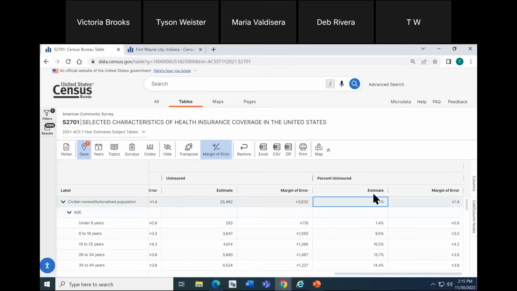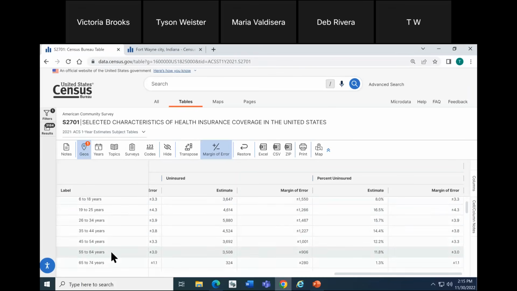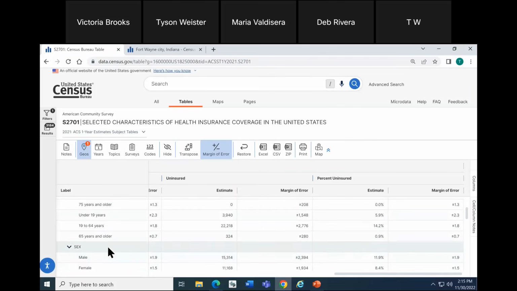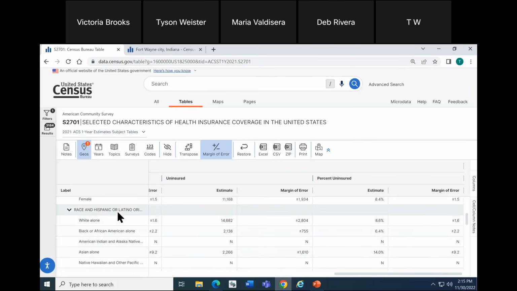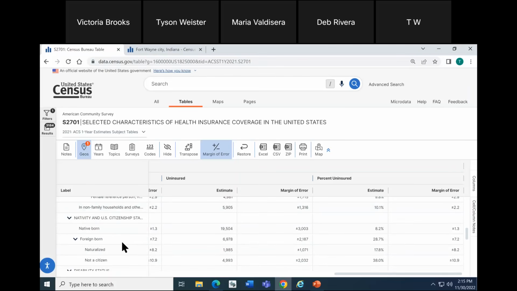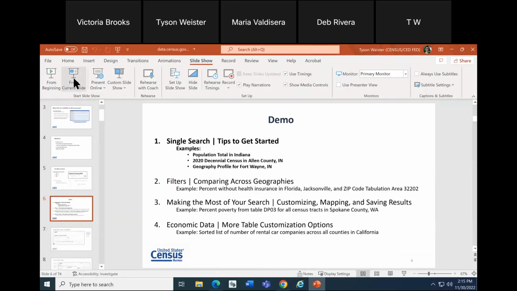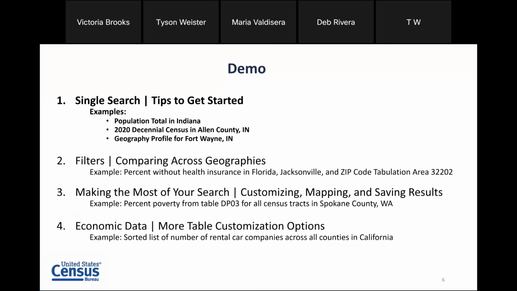However, notice how much more detail this table offers. If you look to the left-hand side, let's say you want to study the uninsured population in the city a little bit more. Maybe you want to know what this looks like broken out by different demographics, such as different age ranges, male versus female, uninsured population by race and Hispanic origin, all kinds of great information just in this one table. So hopefully you've seen the value in those profiles, both in and of itself and being able to